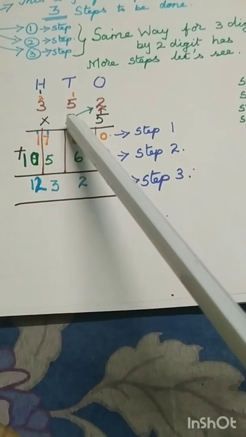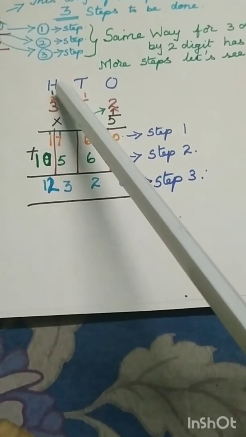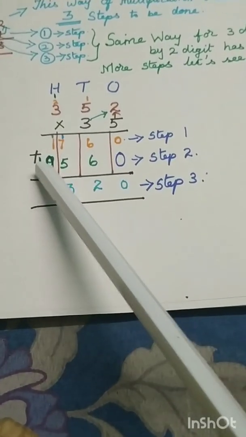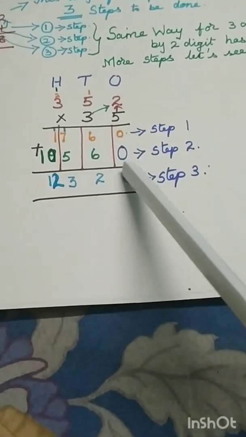Now I am going to step number 6. What is that? 3 3s are 9 plus 1, that is 10. Why did I put both the numbers? I have told you, first itself I told you there are no numbers here, so I am putting the full number here. So 1 kick down here. So the numbers should be straight like this. That is why I put the lines for you.